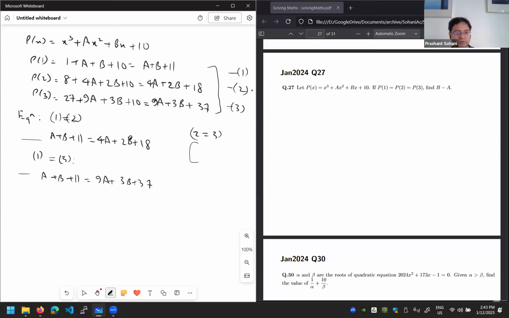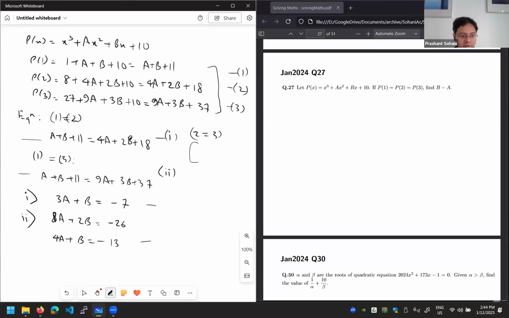So if we just simplify these equations, I call this lowercase 1 and 2. So equation number 1 is just, if I take everything to one side, 3a plus b is equal to -7, right? And equation 2 can be simplified as 8a plus 2b is equal to 11 minus 37, that is 26, right? Or if I cancel, I'll get 4a plus b is equal to -13. So from this I can eliminate b by subtracting the first equation from the second one to get a is,